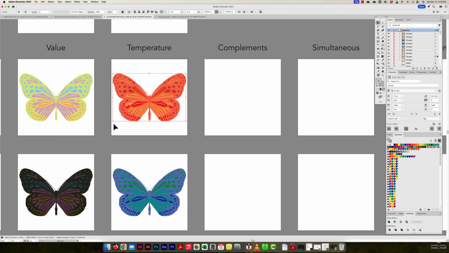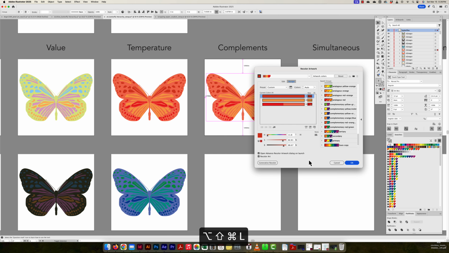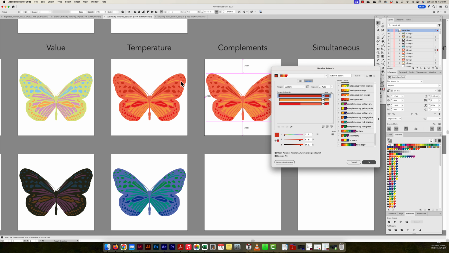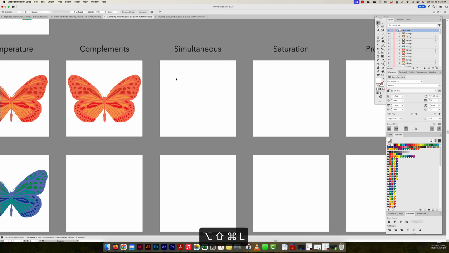So I'm going to take this one again, this butterfly, copy it, hold Option, hold Shift. I'm going to select the artboard. I'm going to select the butterfly again. Align with my control panel open. I'm going to select it. I'm going to go to my Recolor Artwork Panel. This one I'm trying to find. Sorry, I'm just going to move this over a little bit. I'm trying to find